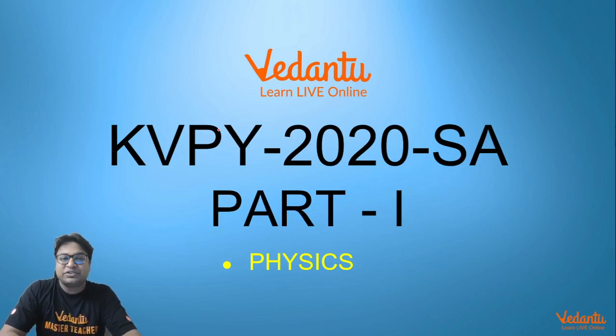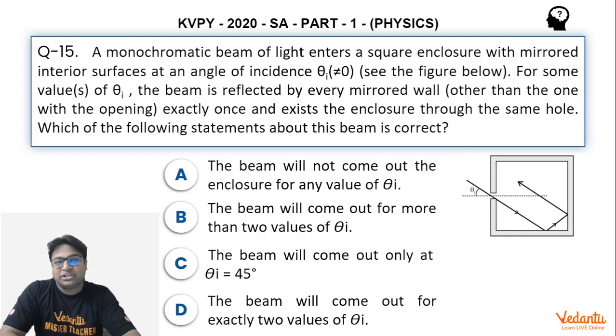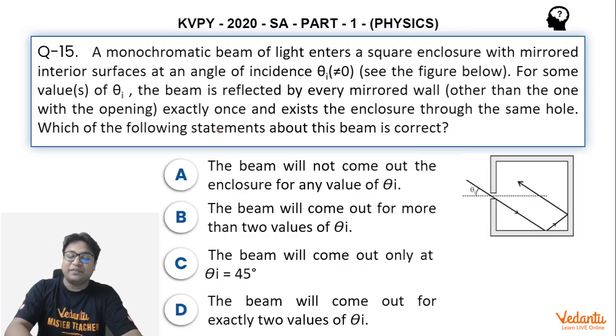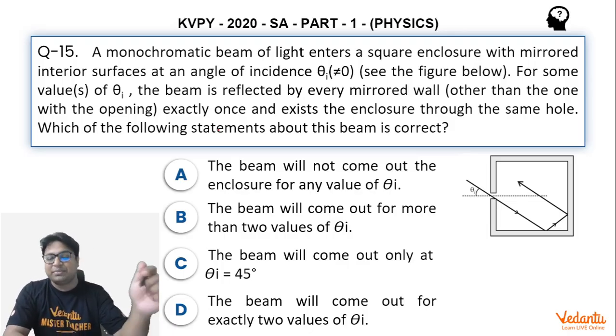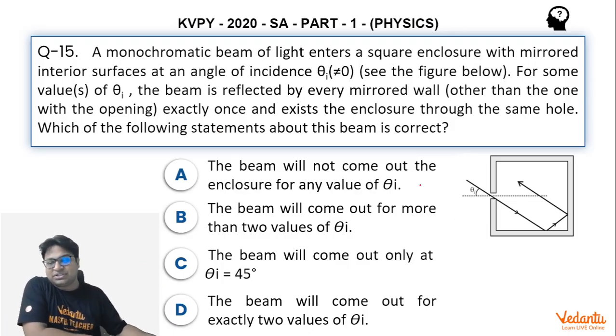Hello students, we are solving KVPY 2020 essay paper physics section part 1. So let's have a look at this question number 30 of the paper, which is the 15th question of physics part 1. This question says that a monochromatic beam of light, so monochromatic means having a single wavelength, it enters